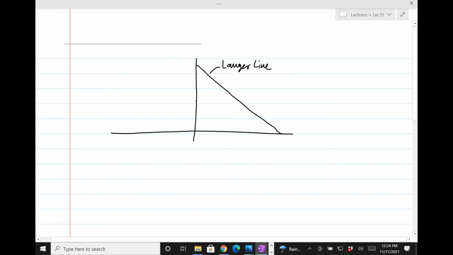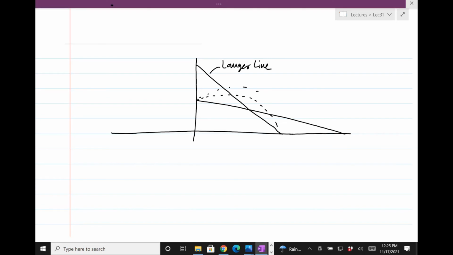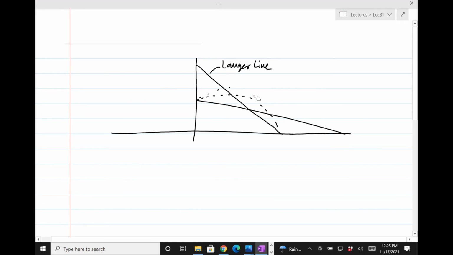So there was the Soderberg line, and then there was a curve. Draw it with different colors. So we know that the Langer line, and then